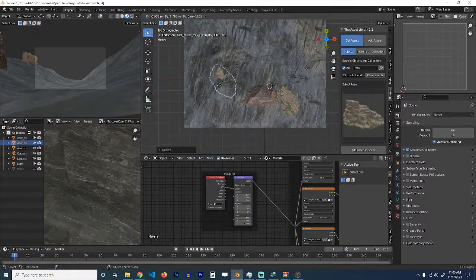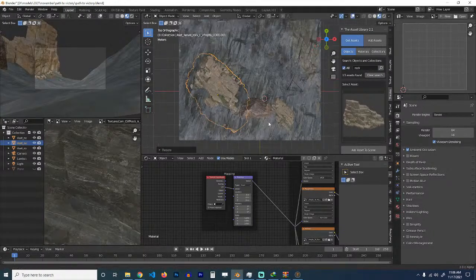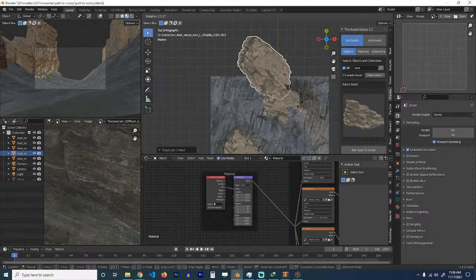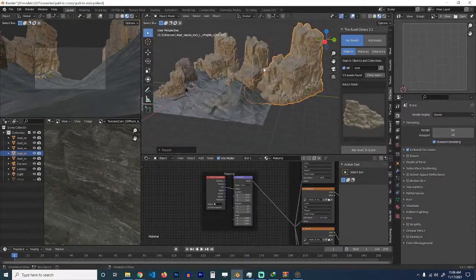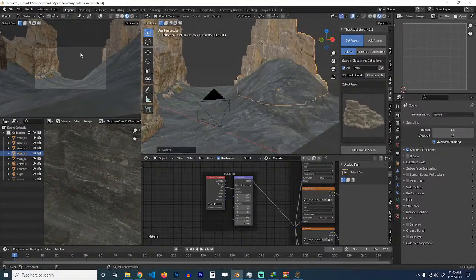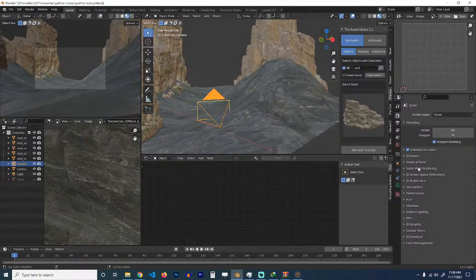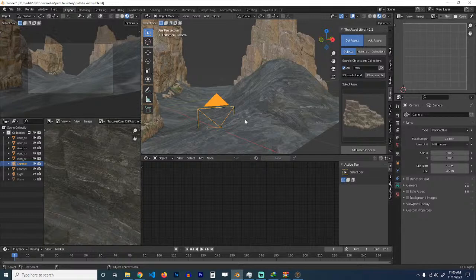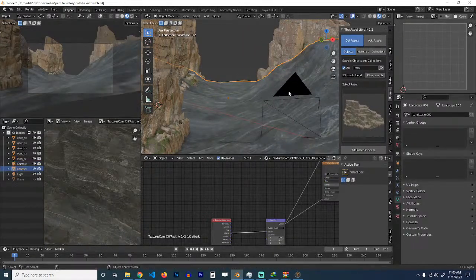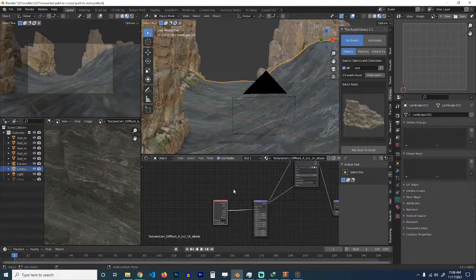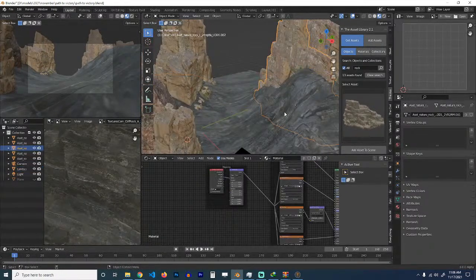I got some of these rocks from Megascans, so if you want to get them, you can get them there. Let me change the focal length to something like 25. Now, one thing you notice is that this rock here, the colors don't match quite well, so I'm going to add